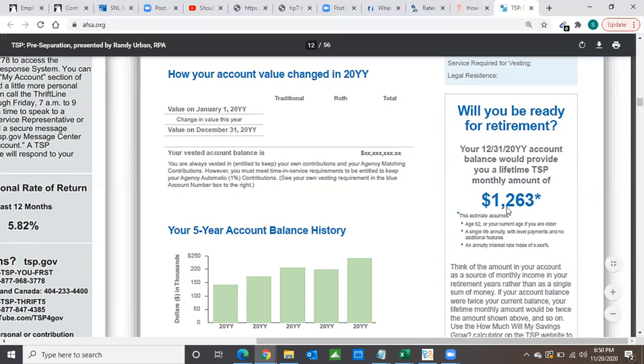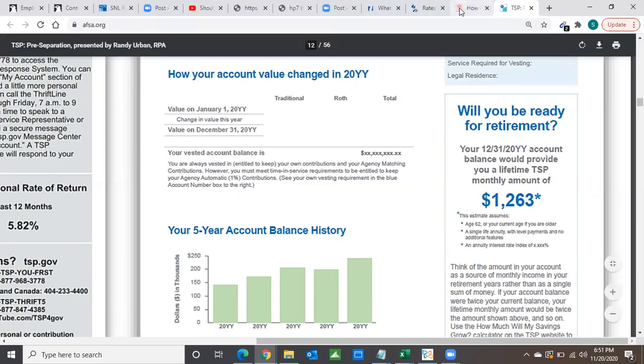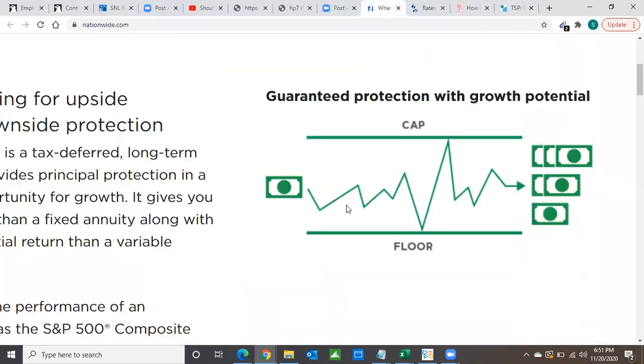Are there other distribution types? Yes, absolutely. There's other companies. So don't always just go with the first thing that you see because it looks nice. Ask questions. You have all these companies, Nationwide, Guggenheim, Fidelity, everybody has annuities. So for instance, in this fixed index annuity, let's say that Joe went with this company here and he left his lump sum money, let's say it's $195,000 in this fixed index annuity, and it's grown and no principal has been lost, and then he wants to turn on lifetime income,